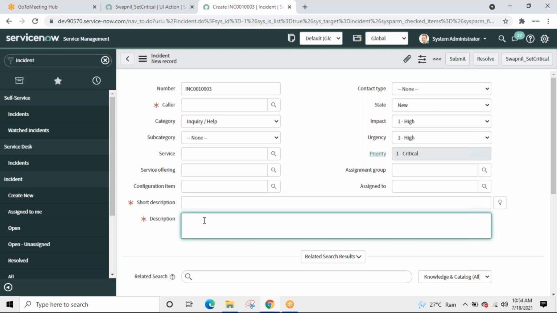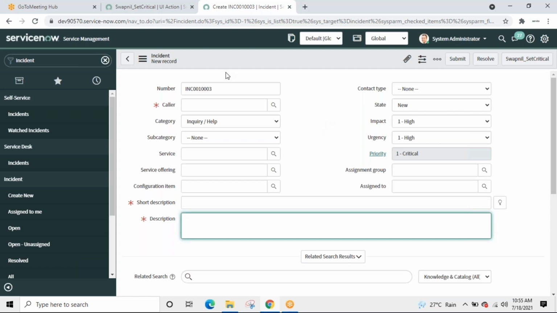So now the next part. Can we execute a server-side script? So far, we have been executing only client script, g_form dot. Is it possible to associate a server-side action to a UI action? Yes, it is. How? Let us see a real-time example. Like this was also a real-time example. We will see an example where there will be a client script and it will trigger a server side script.